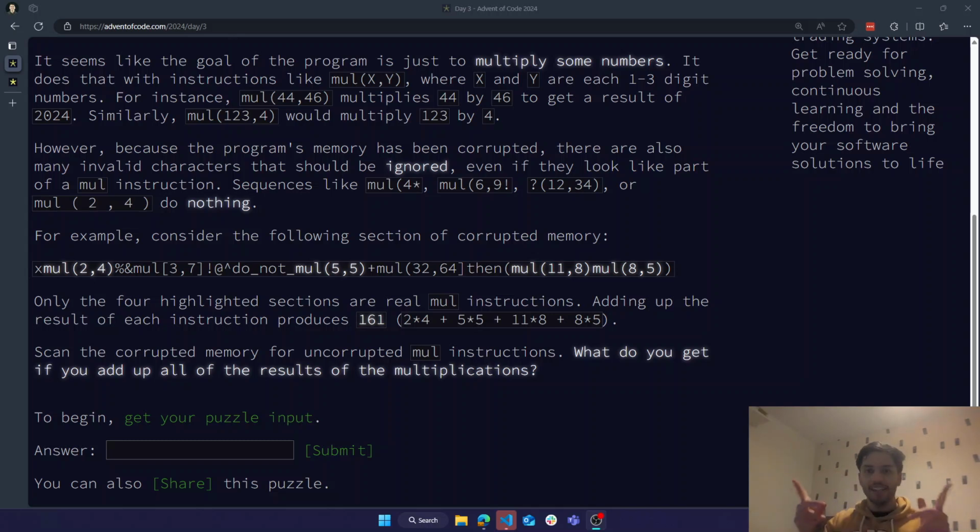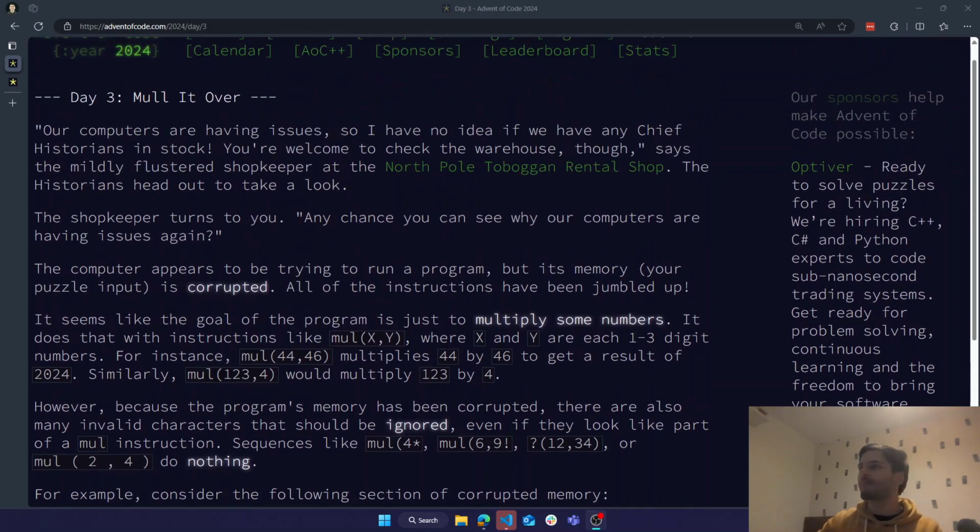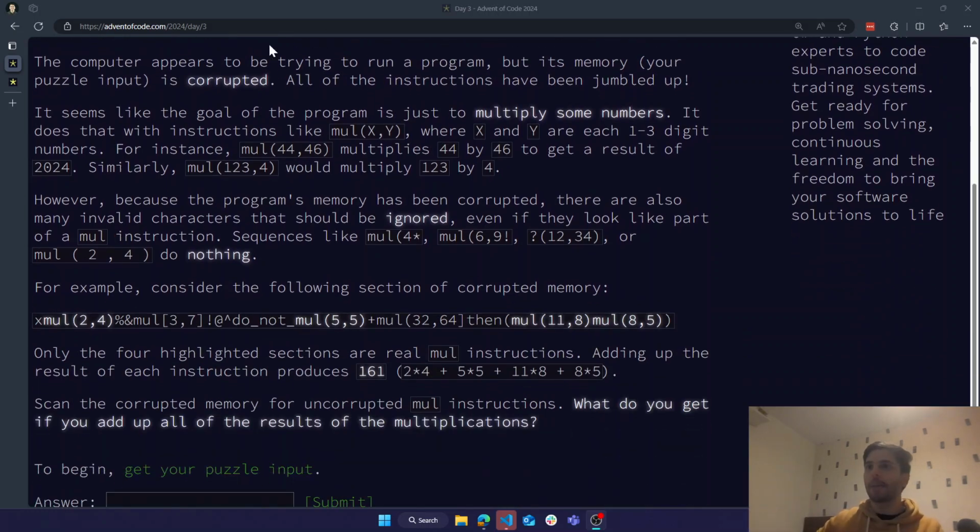Okay, let's get started on day 3 of Advent of Code 2024. We're going to try to do both parts today if we have the time. I spent 40 minutes yesterday on day 2. It was too difficult for my liking, so that probably won't happen. Well, why not? Let's be optimistic here. Anyway, day 3 question right here, and I've read through it.